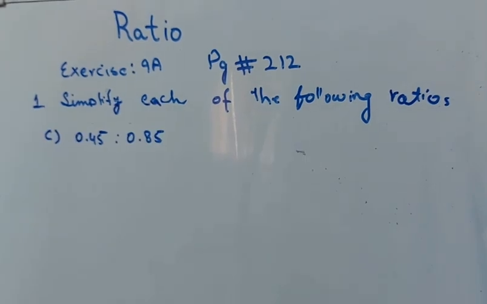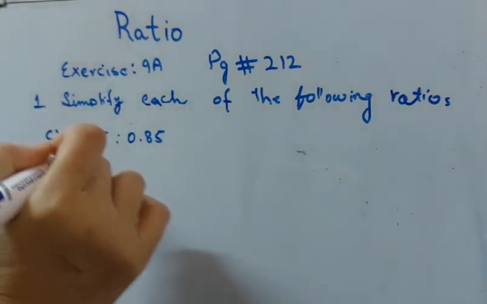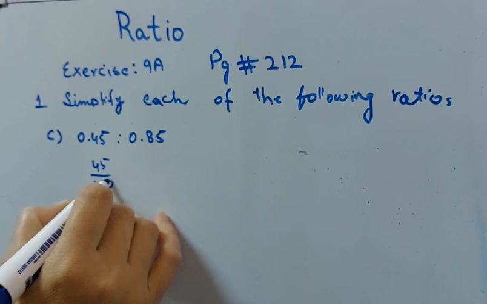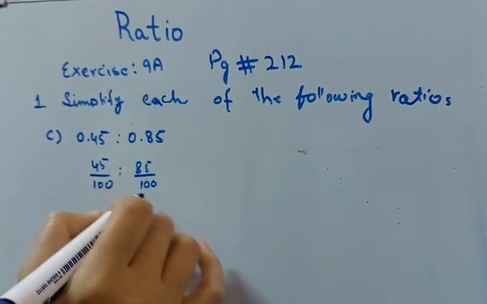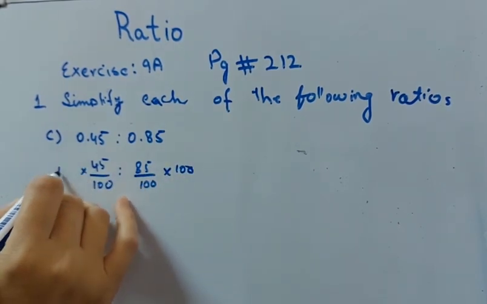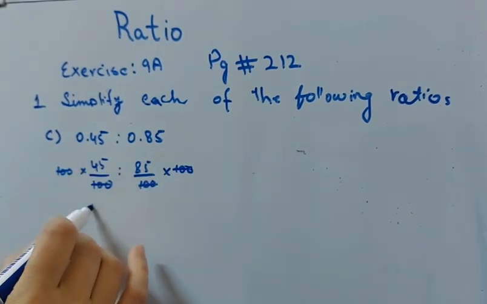So part C is 0.45 ratio 0.85. First of all we shift them into fractions. It will become 45 upon 100 and then 85 upon 100. So both have common hundreds, where we multiply both sides with 100. So this one cuts this one, this one, this one. What is left is